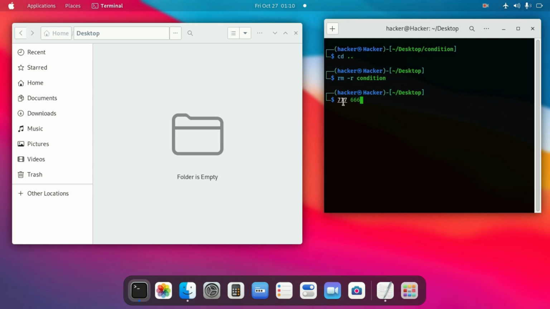So the permission 777 is rwx. There are 3 sets, and rw doesn't have to be applied as well. I hope you understood how shell permissions work, and if you have a